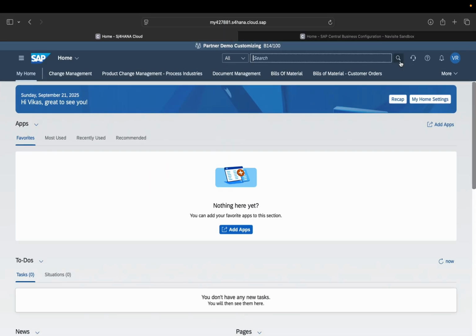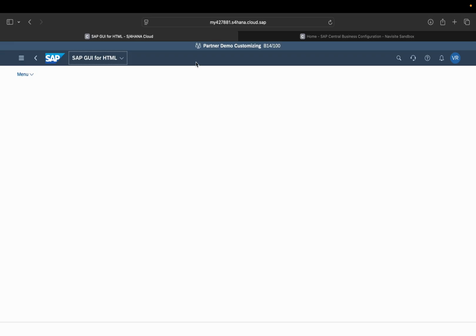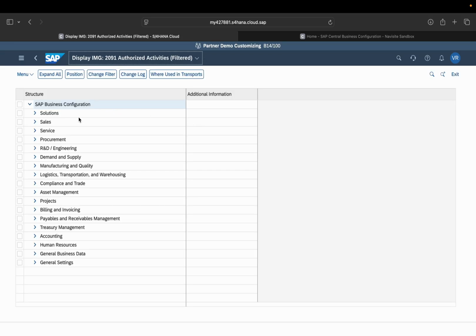Here we need to go to the implementation activities app. Under the implementation activities app, we will be able to see all the menus. We need to go to general settings over here.